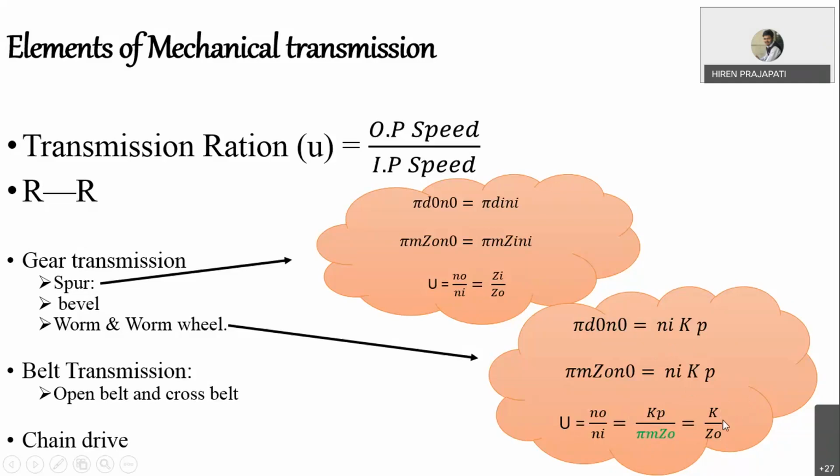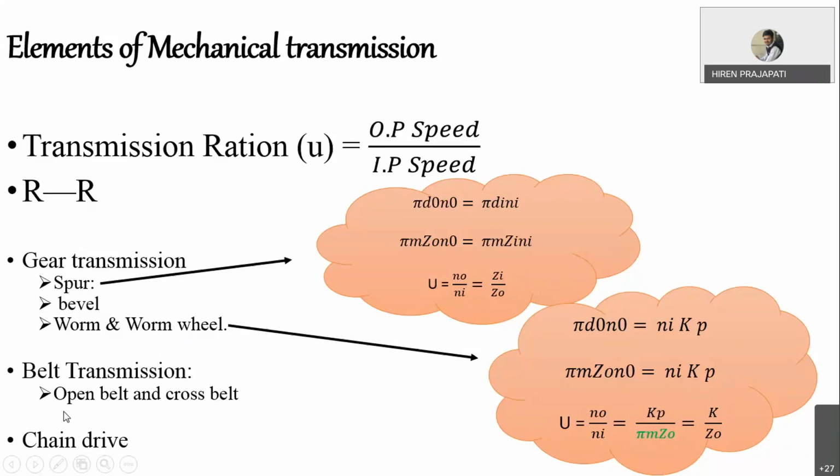Now these two will define what will be the increase in speed or the decrease in speed on the worm wheel. Generally, worm and worm wheel drive is used for speed reduction, and most of the gear drives in a gearbox are used for speed reductions, right? So that is how we got the transmission ratio of worm and worm wheel.